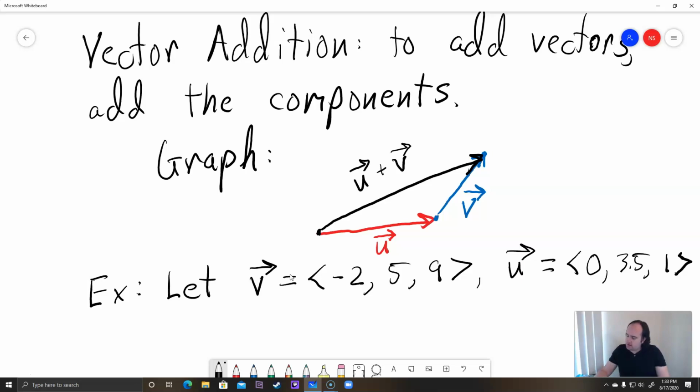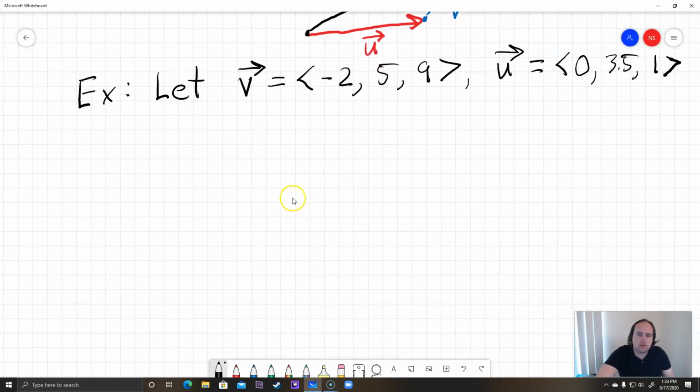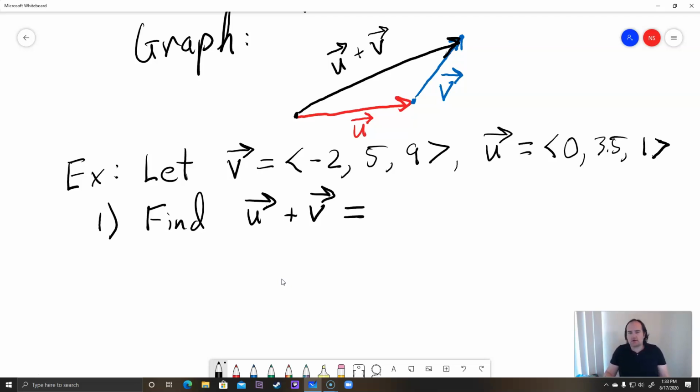And what we have to do here is we have to actually add the components. That's the first thing that we're going to be working on. But they're going to ask us some harder questions as well. So for part 1 of this example, let's find u plus v. U plus v. Okay. So u plus v, again, the picture looks like this bit up here, but you don't really have to worry about the picture when you're doing the math, because you're just going to be adding the components,